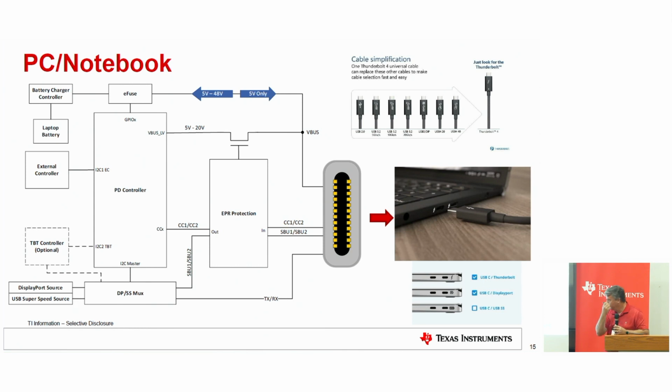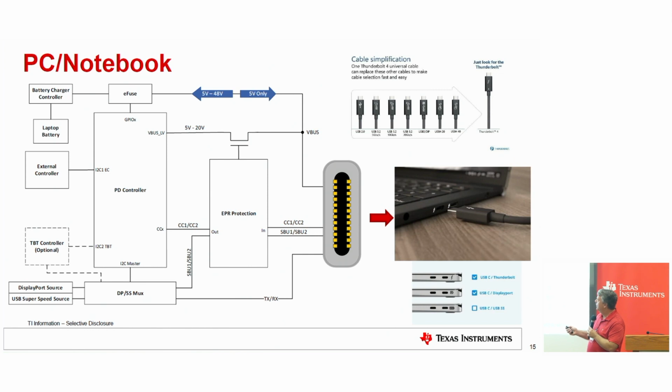Type-C originally started mainly from a mindset of PC notebook, going into docking and monitors. I'll start from there, and then we'll work towards industrial, e-bike, and all that kind of stuff. So I'm trying to provide a little bit of mindset of what a typical PC notebook could look like. A few things to mention: the PD controller, working through whether it's an internal power path or, if you're going all the way up to 48 volts, definitely an external power path, or what we call an eFuse.